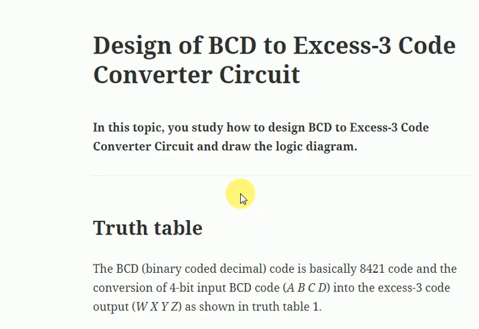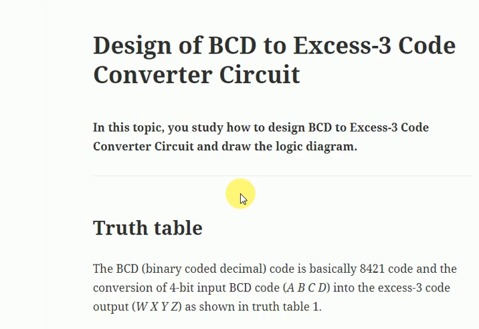Students, today we are going to discuss the BCD to XS3 code converter circuit, and after discussing it we will design a BCD to XS3 code converter. First of all, we must know what BCD is. Basically, BCD is binary coded decimal.